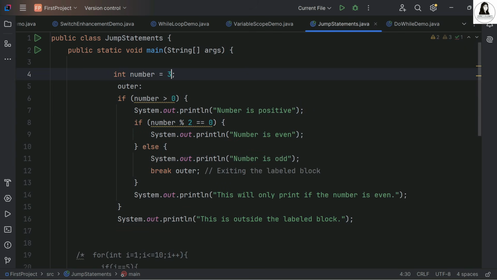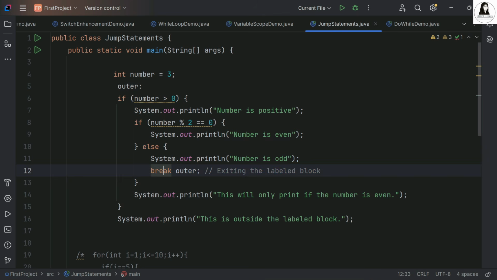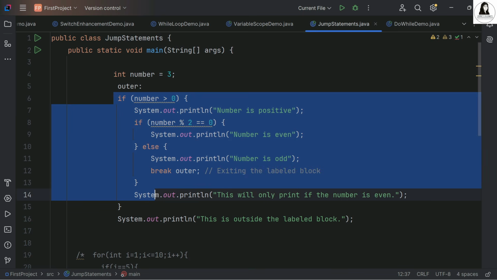Okay, now let's change the number to 3. Now 3 is an odd number. So the first condition is always true, number is greater than 0, so it would be printed, but this condition is not true. So the control will go into this else block. So number is odd would be printed, and then break outer means we are out from the complete if block. So this line, which will only print if the number is even,